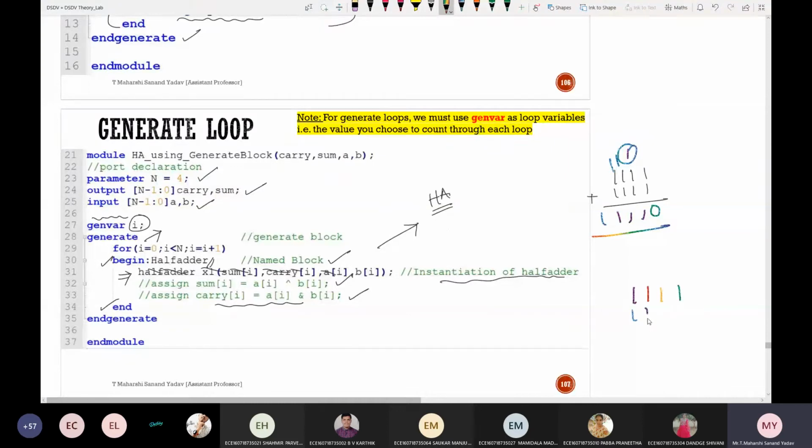For all ones, if I perform the XOR operation, what will the result be? What is the XOR operation between these two 4-bit numbers? Inputs are the same, so the output will be all zeros. This is for XOR, and now perform the AND operation. This is the result we get: this is the result for sum and this is the result for carry.